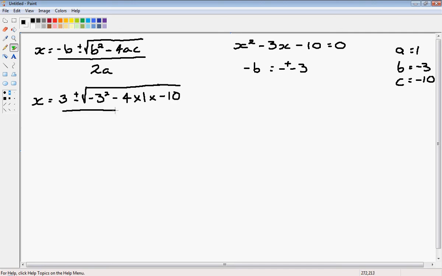Okay, and this is all over 2 lots of a, so 2 ones are 2. So as before, the letters disappear and we now just get values. And now we're just going to shrink down this root. So we have x equals 3 plus or minus the root of,